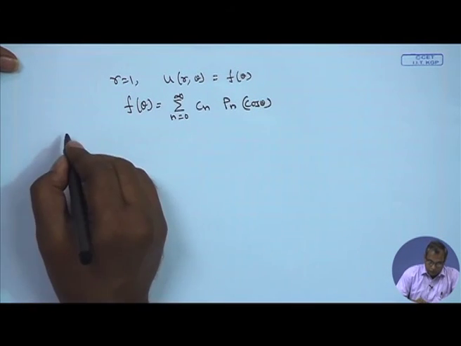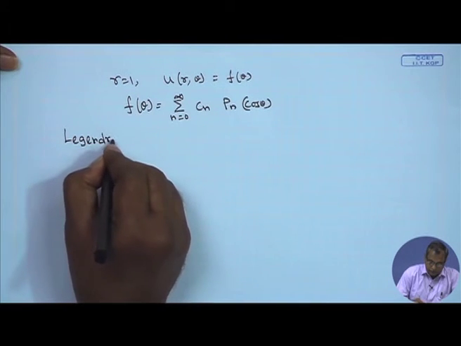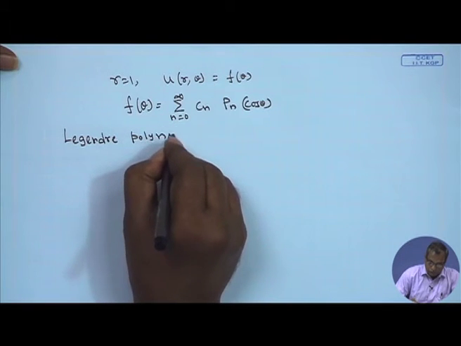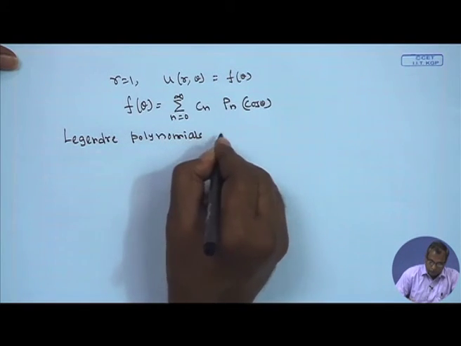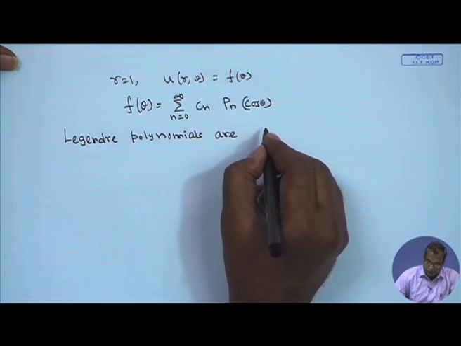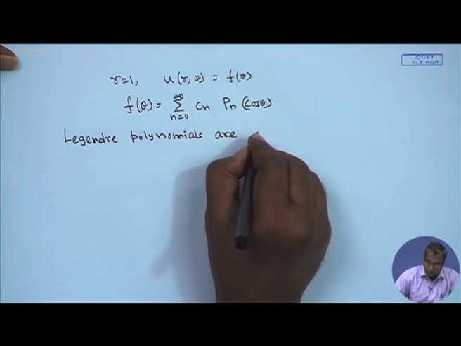Now, like the Bessel functions, the Legendre polynomials are orthogonal. If you remember, we iterated this while we discussed the properties of the Legendre polynomials. They are orthogonal